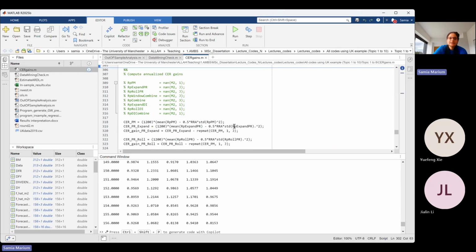So important here is that it's annualized, meaning that we are multiplying it with 12 and also with 100 to get the percentage form. Sorry, I just changed it. So this is 1200. 12 means annualized and 100 means percentage form, right? And we have the variance of the portfolio return here based on the prevailing mean. We have the relative risk aversion here, okay? And then we will calculate the CER gain,